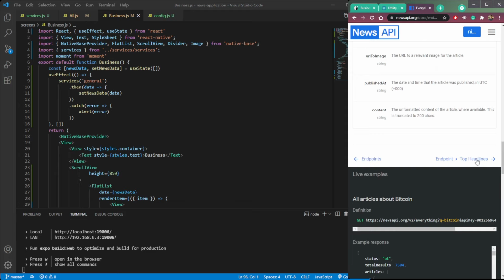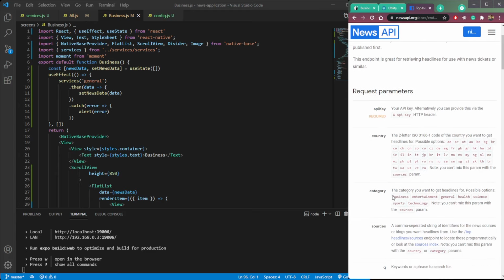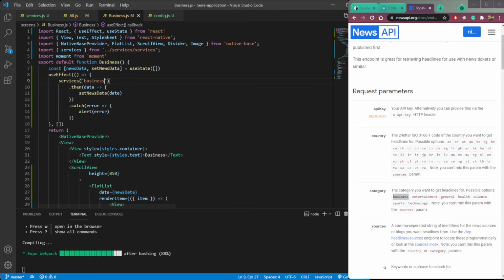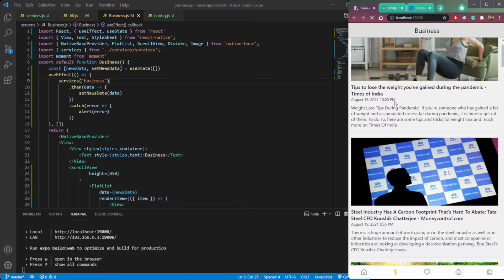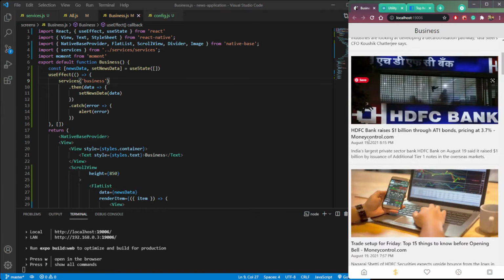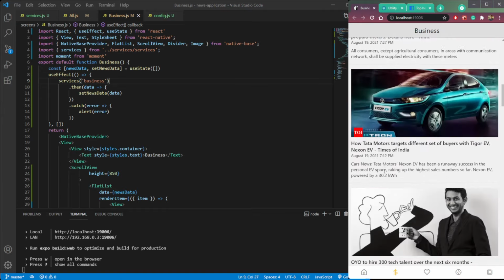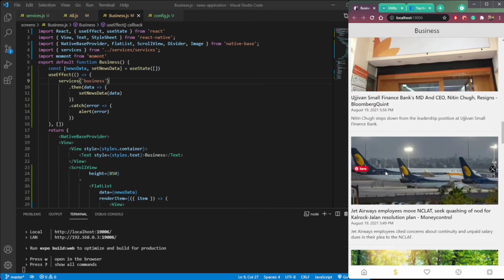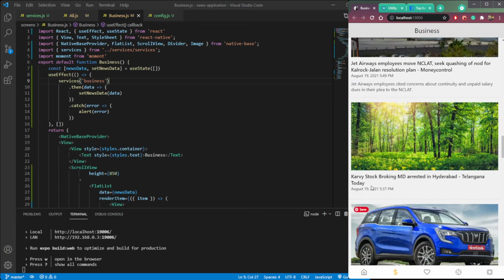So go more forward. Okay, we have categories here as business. So copy the business and replace general here. So click business, and you will see the news is different now. We are just seeing the business news, not all the news.